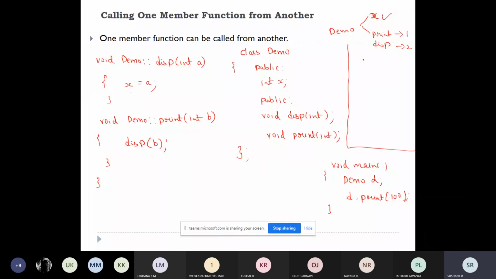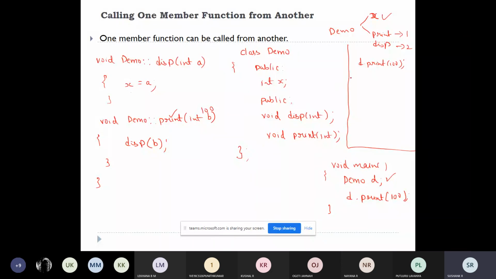First thing, in the main function, an object will be created. Once the object is created, print of 100 will be called. Whenever d dot print of 100 is called, the control will go to this line where the value of b will be 100.